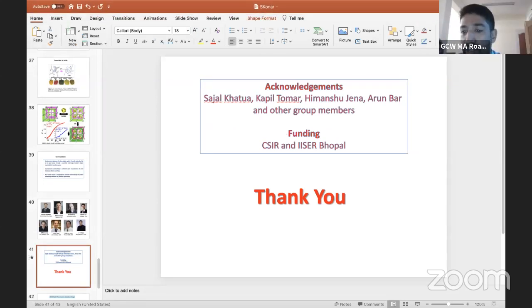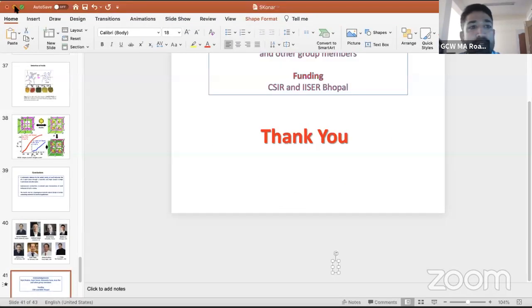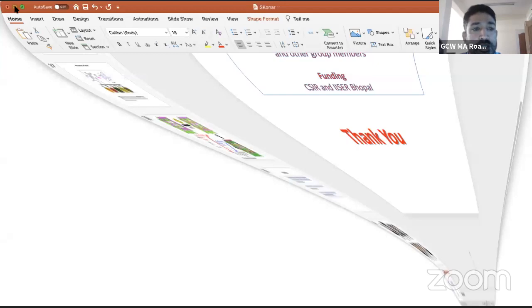One more question is MOFs in drug delivery as a potential anti-cancer drug delivery vehicle. You can do it, there is no problem. There are some problems with the MOF, that, see, these materials are framework structures. Okay, framework structure means they are not soluble in